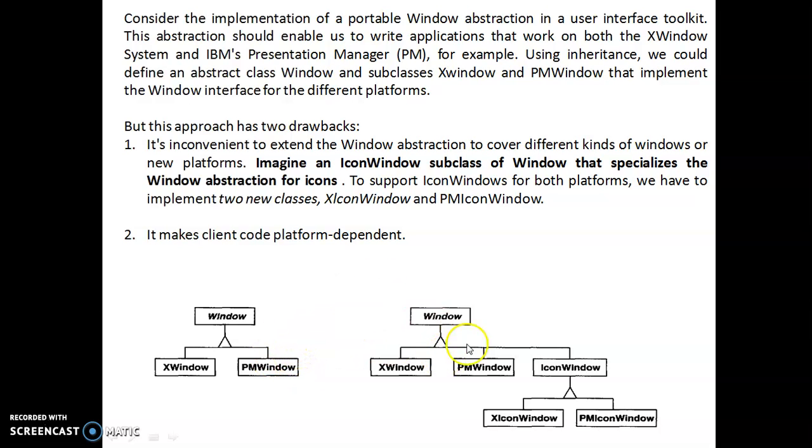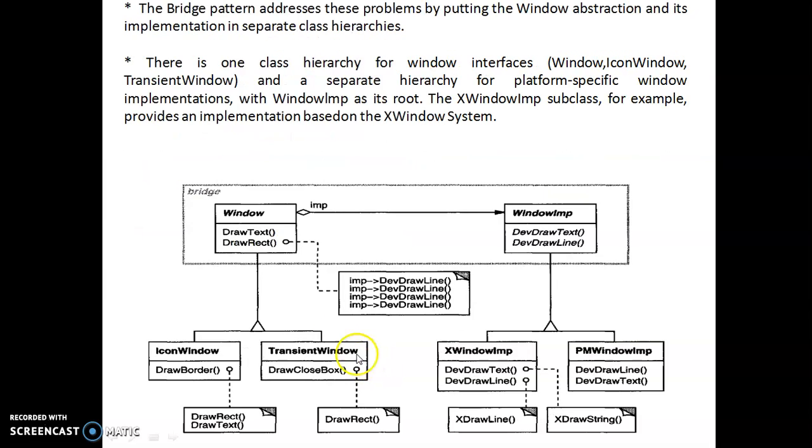It can be added or it can be deleted, and the bridge pattern addresses these problems by putting the Windows abstraction and its implementation in separate class hierarchies. Whenever you are building any new classes, you need to extend the existing one, not making any disturbance in the existing class itself. Just move on to one more class, try to write the code and then connect it to the parent class. In that way, your task can be easily accomplished.